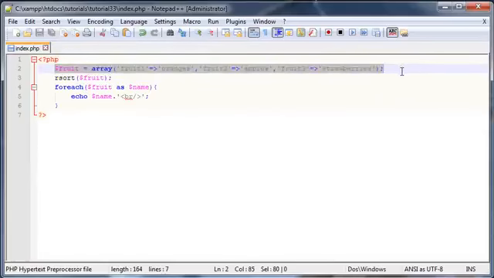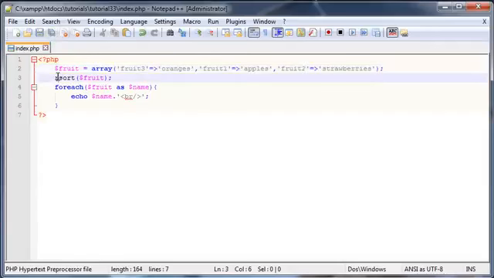We can actually sort this array according to its keys. So I realize I've actually made a mistake here, because I should actually have my keys in a jumbled up order so that we can sort them into a proper order. So let's start off with fruit 3. The middle one can be fruit 1, and that one can be fruit 2. Okay, so now they're actually in a jumbled up order. The function that we can use to actually sort this array back into its proper order, starting from the key of fruit 1, then fruit 2, then fruit 3, is